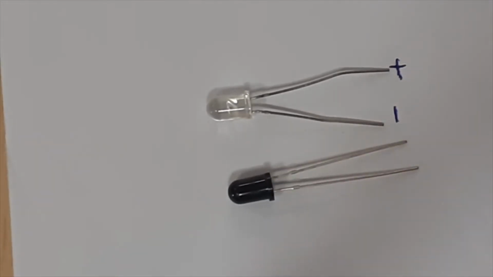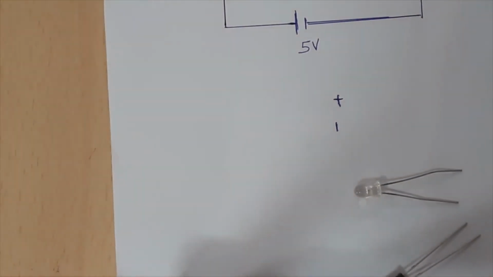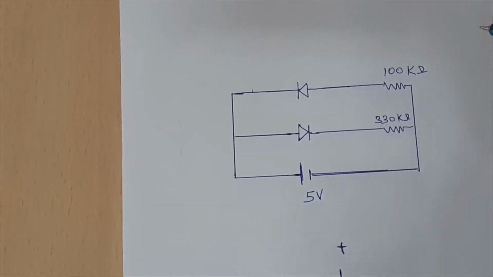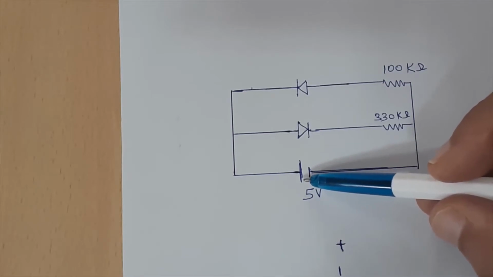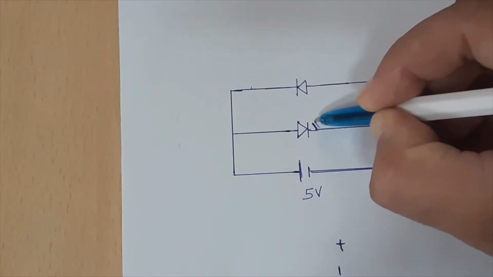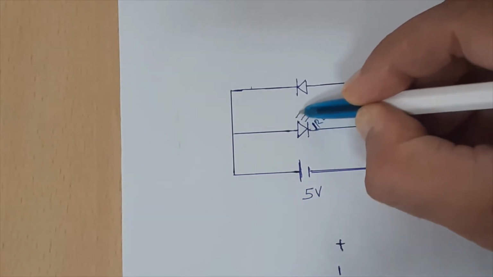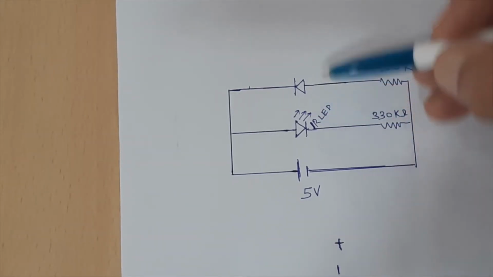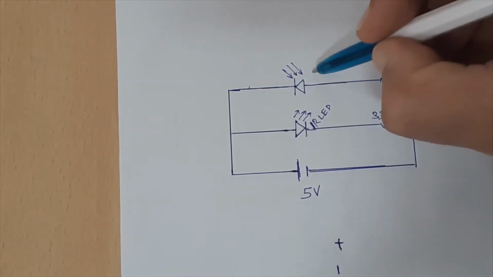Now we'll see the circuit. In this circuit, you can see that we have connected the LED in forward bias and the photodiode in reverse bias. So this is positive and this is the LED, which we call the transmitter. This is the IR LED, or we show the sign like this. Light is coming out from this one, and this is the diode. The photo emissions will come in this way, correct? So this is the photodiode.